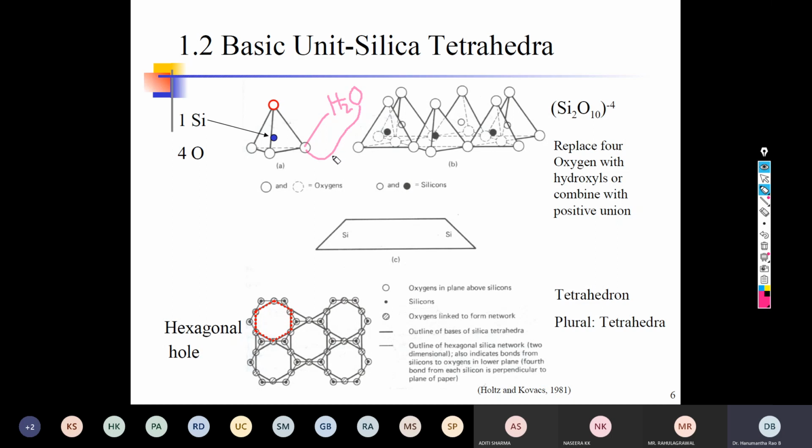Moreover, when it is holding this H2, there should be enough strength between H2 and oxygen so that this water cannot be removed, but that is not the case. So this oxygen is strongly held by the silica and weakly held by the H2. If you ask which one is easy to remove, H2 is easy to remove compared with the silica, because this is a permanent bonding. This bonding is formed at a certain temperature and certain pressure, so it cannot be removed by any means.